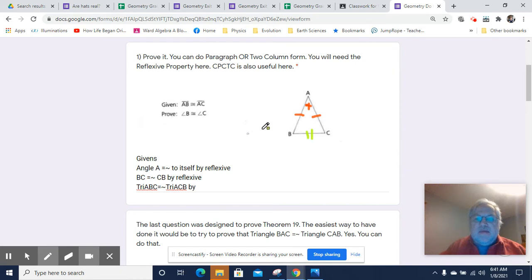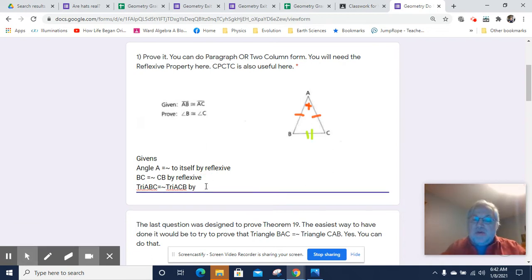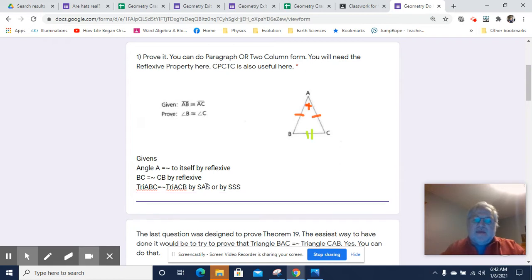We could say by side, side, side, or we could say by angle, side, angle, or side, angle, side. So side, angle, side could allow us to prove the two versions of the triangle are congruent. And also we could prove it by side, side, side. Now, side, angle, side is probably a little better for what we need, but it works either way. Okay, so we can prove that triangle ABC is congruent to ACB by side, angle, side, or by side, side, side. Okay, so if that's true, then